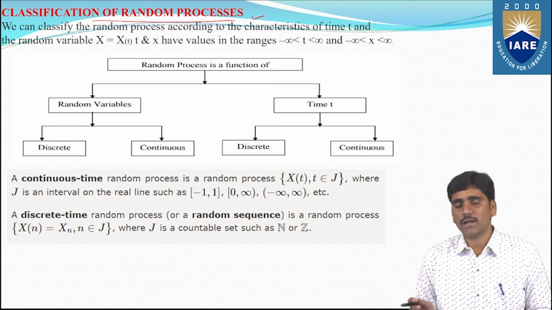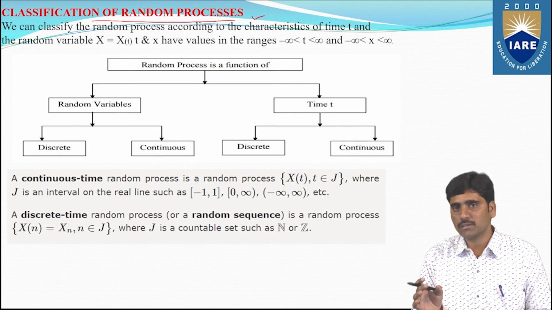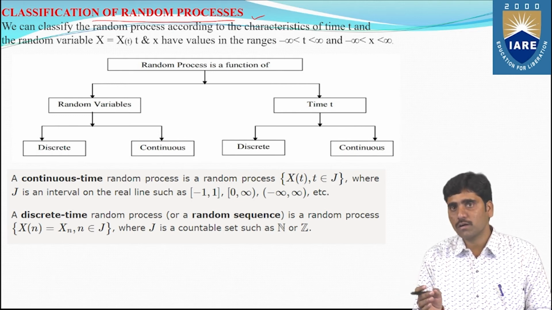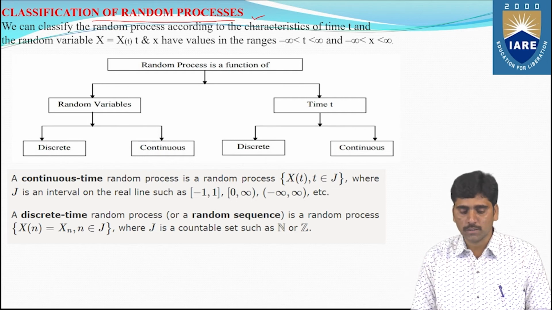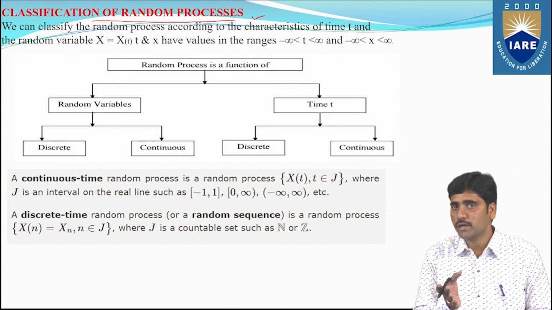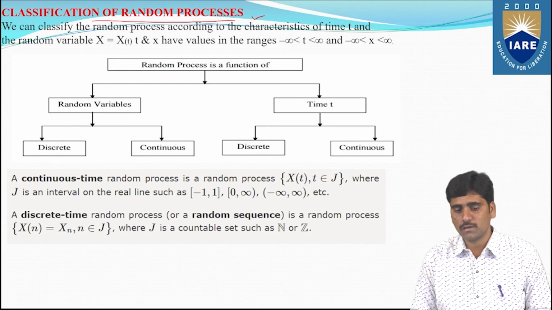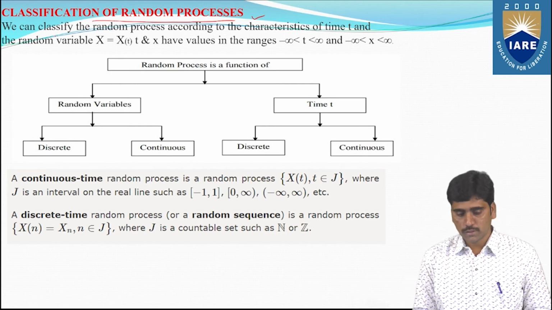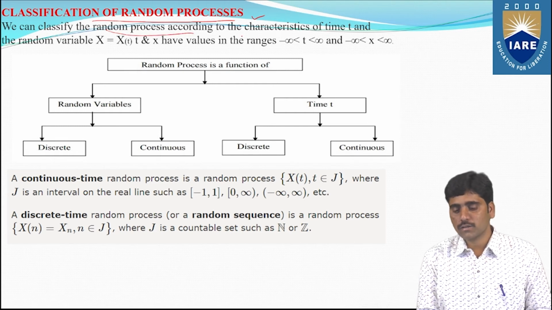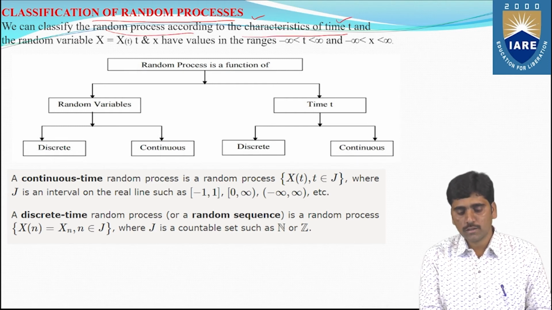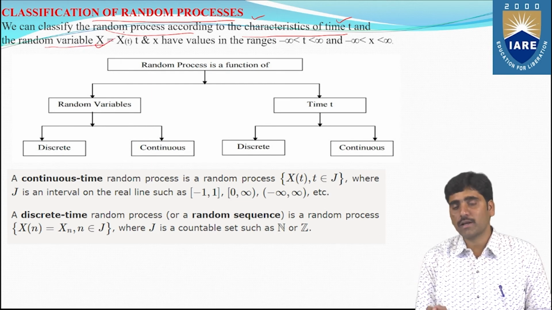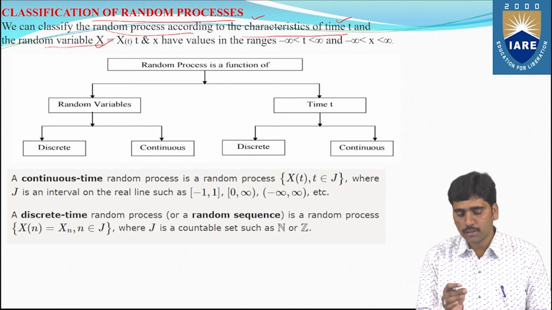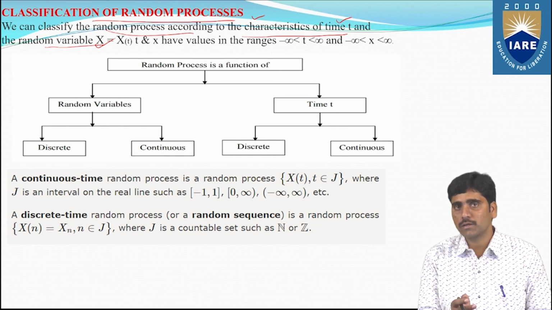We already said that a random variable is nothing but a variable which draws a sample observation from the sample space. That random variable is divided into discrete and continuous random variables, right? Like the way we have classified random variables, a random process is also classified in the same way. So see here, we can classify the random process according to the characteristics of time t and the random variable x. So based on the random variable type and time t, the random process is going to be classified